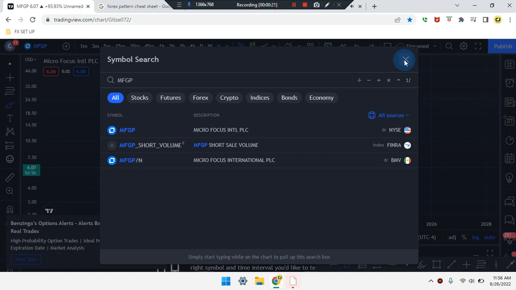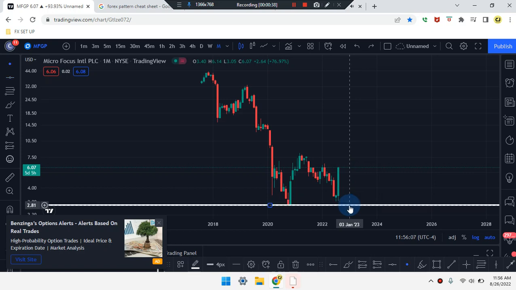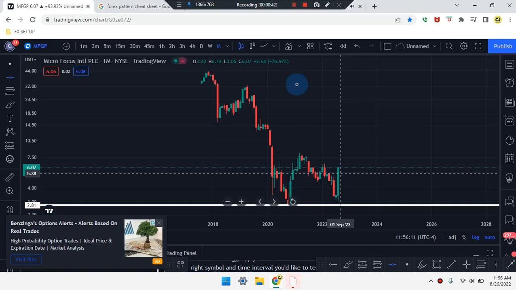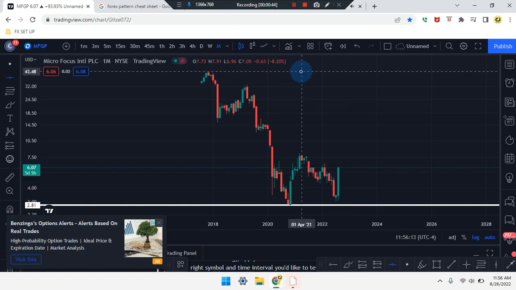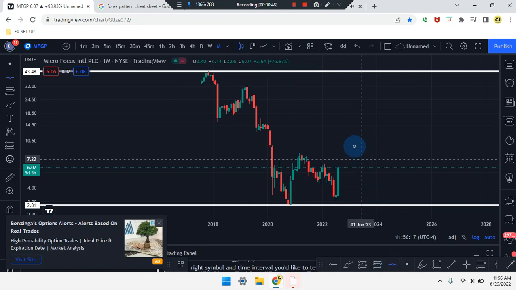Mfgp stock. We are on a monthly time frame. Price action, last candle to the right hand side is a bullish green candle coming from an area of support. So we do have price action overall lower lows, price action overall higher highs,